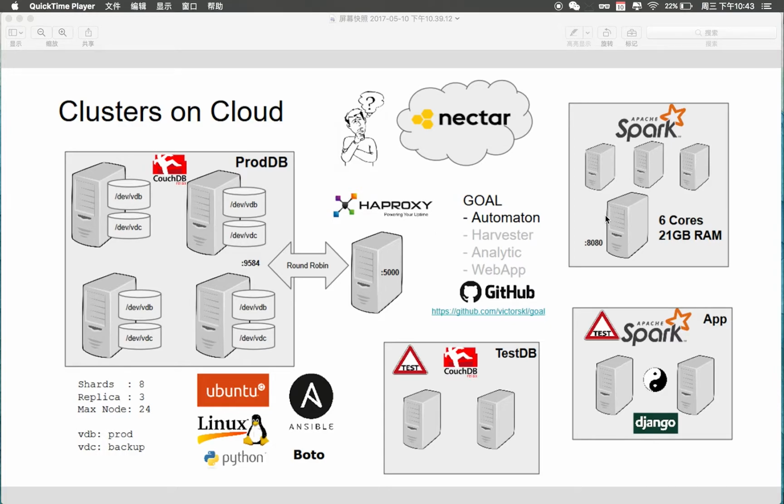Then we have the Spark cluster here. Ideally, this should be another separate cluster using totally different VMs to run the Spark application, but we are limited to only 4 VMs here. So what we do is reuse these 4 VMs as a Spark cluster. In that case, we have to be careful: when we go with a full load on the Spark cluster, we try to reduce the workload on the CouchDB